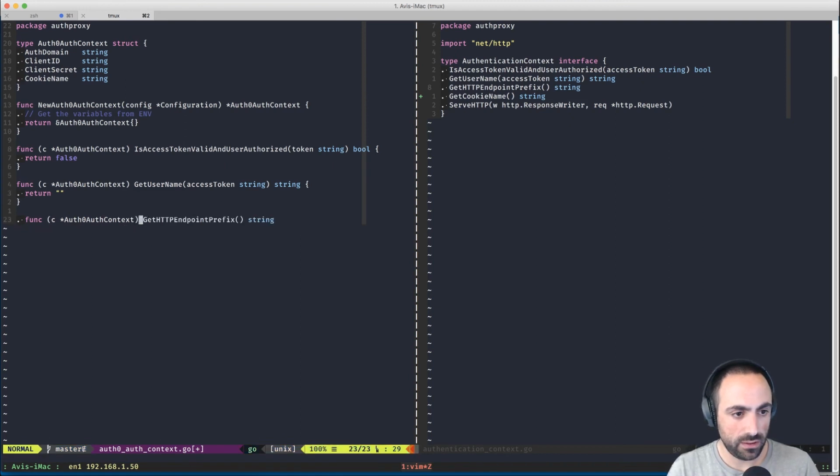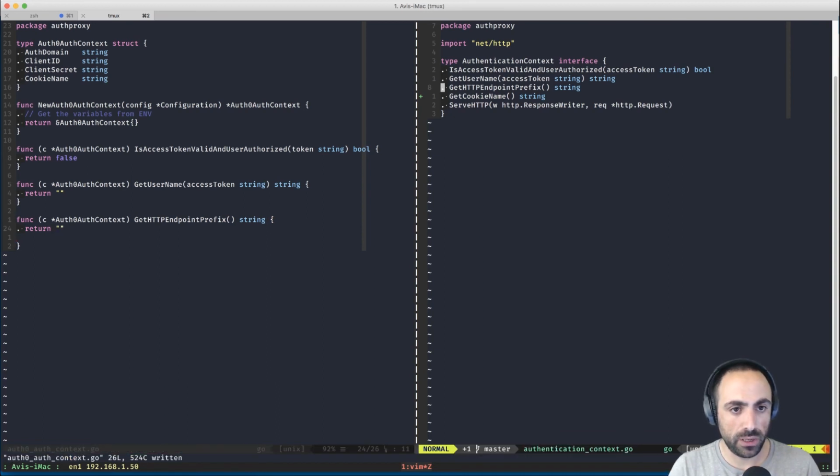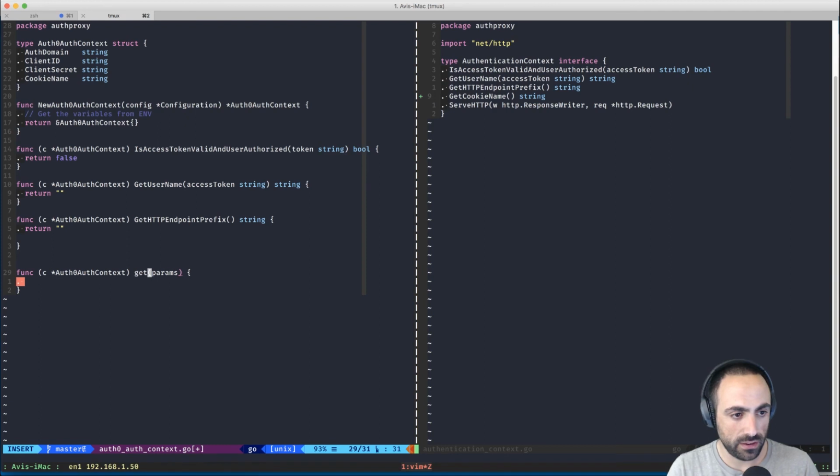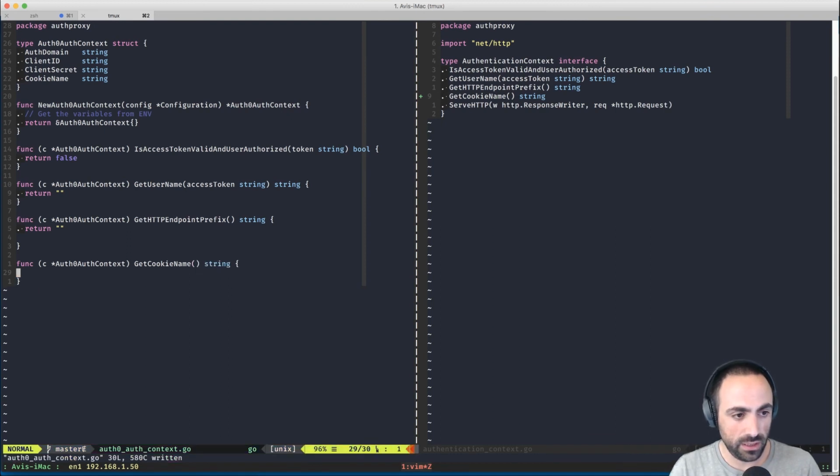All right. And here we are going to return an empty string as well. And then the method of C again, Auth0 auth context of get cookie name. Oh, that's not what I wanted. So get cookie name, and this is going to return a string. And here what we can do is already return auth0 token. Great.